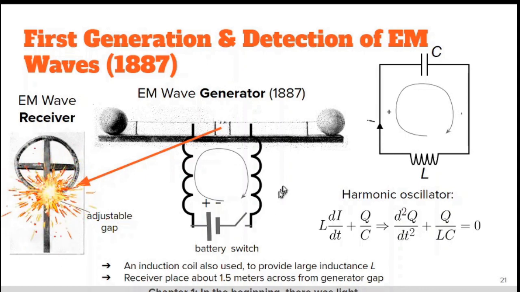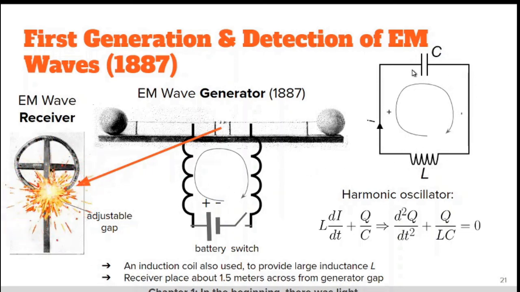So, and then we have a switch, which means there's a little bit of some dynamic effect, in that when you throw the switch with a battery supply, this ends up introducing some dynamics into the circuit, which we're going to be discussing. And because of the presence of the inductor and the capacitor, we can actually understand what was taking place. So if we come over here to the right, representing in the simplest form an inductor capacitor circuit,